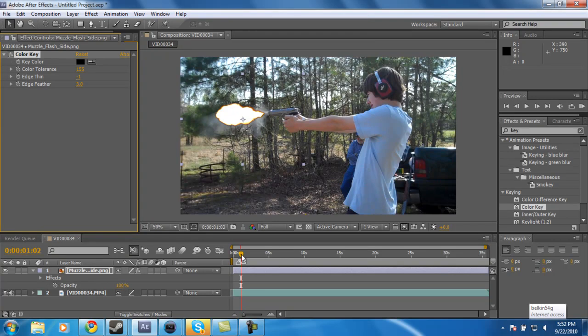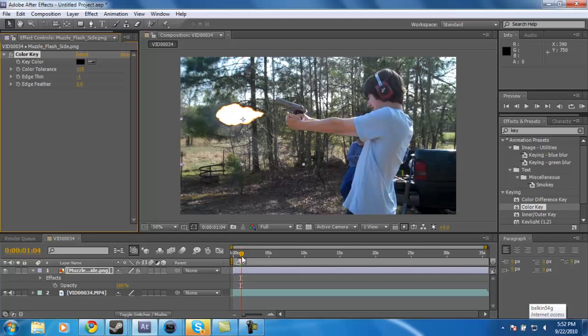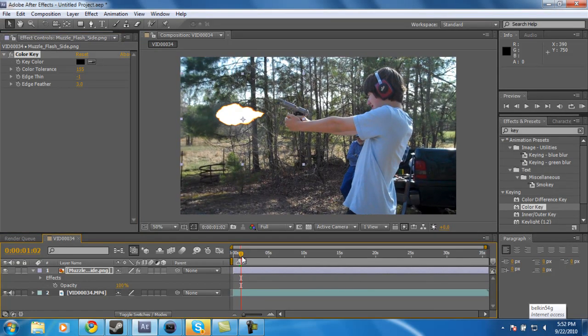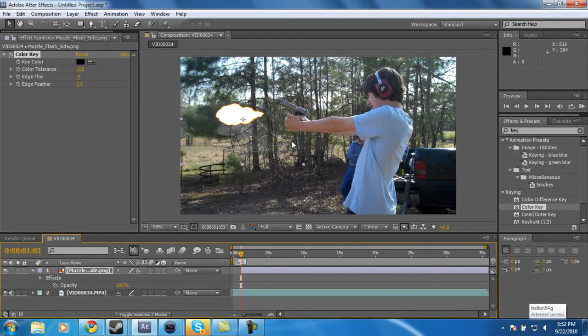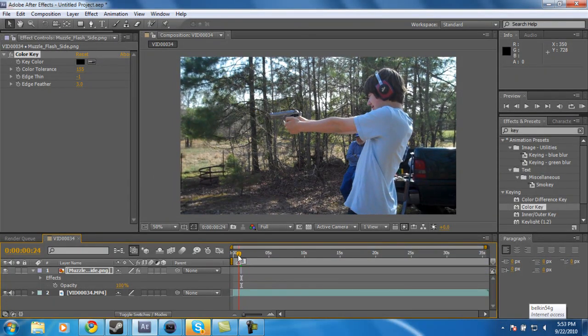So then we're on the frame where you see the first effects of the shot. So we'll just find that right there. And we're going to hit Alt left bracket, and that'll start the picture at that point. Then we'll hit page down and give it 2 frames, and then hit Alt right bracket to end it there. So if you play through it,